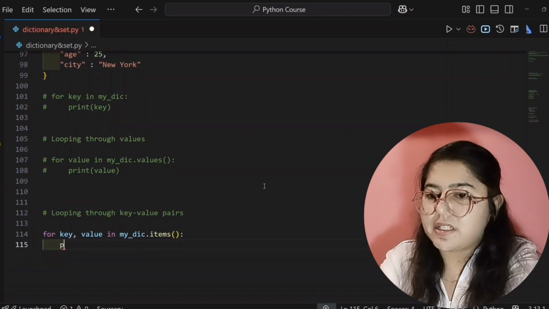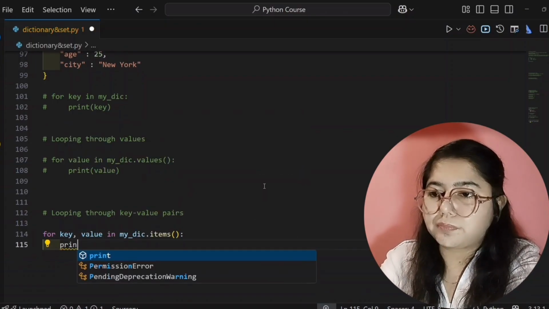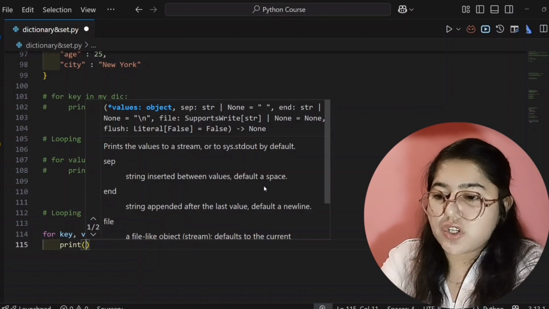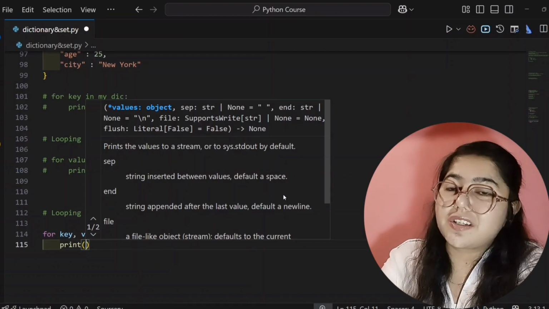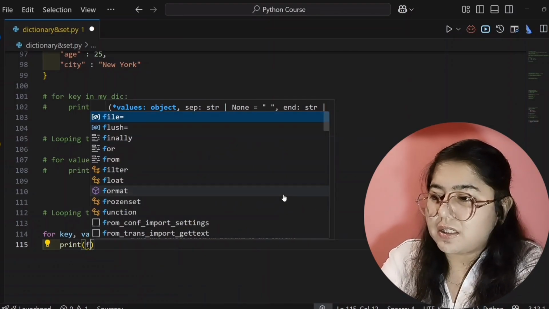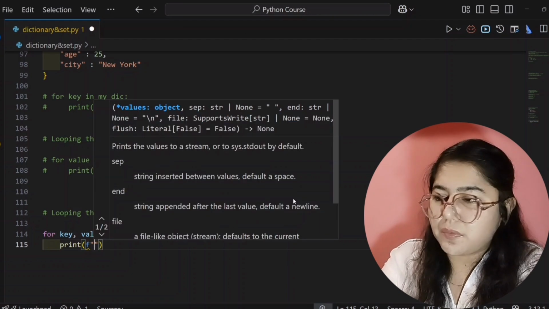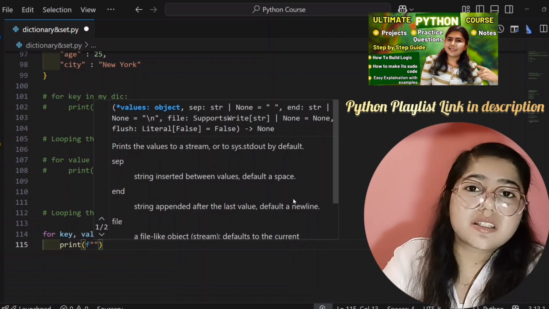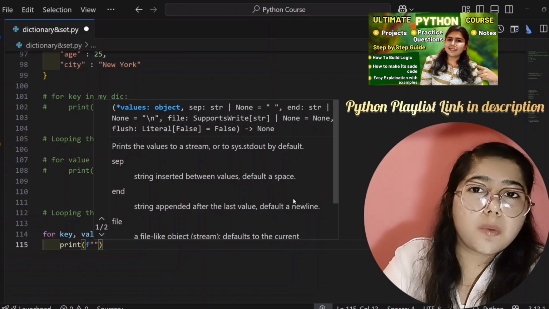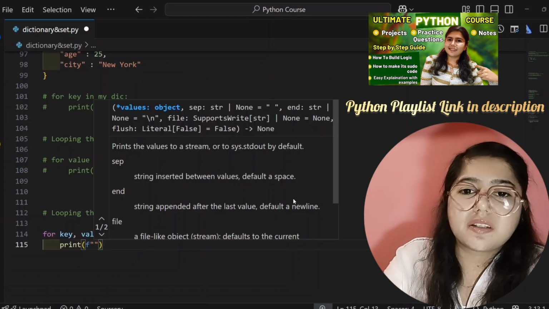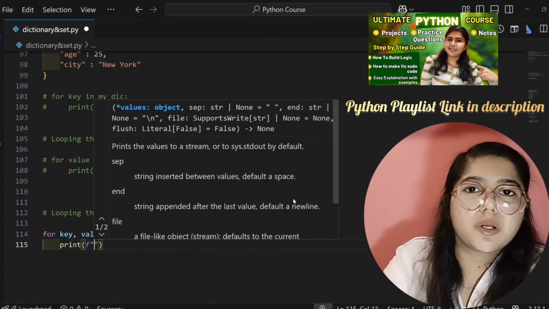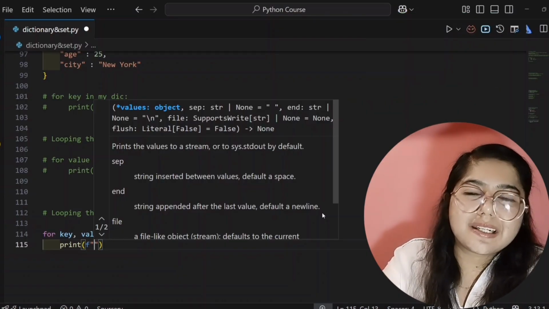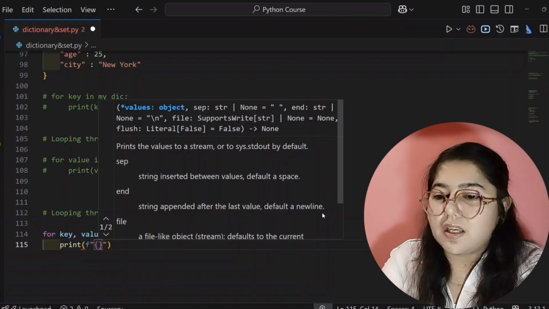and then I will write here print, then inside bracket I will use string format. I have already taught you what this is, so you can check its link in the description box. You can check out that video. I suggest you please follow the Python Ultimate Course playlist from the beginning, so that you will understand Python in a better way, from beginner to advanced. I can't teach you each and everything again and again. That's why. Then key,